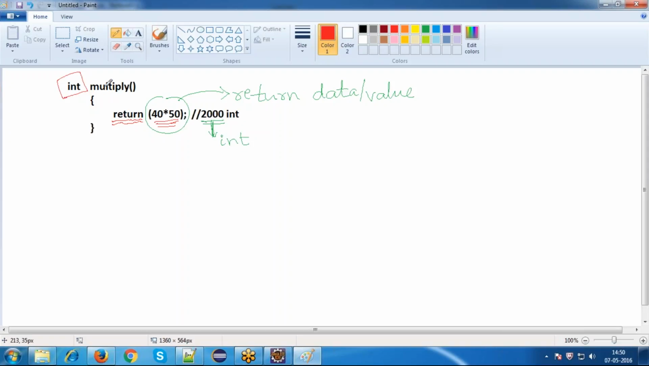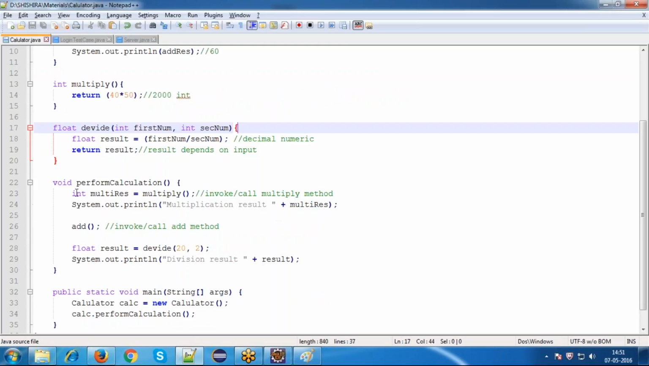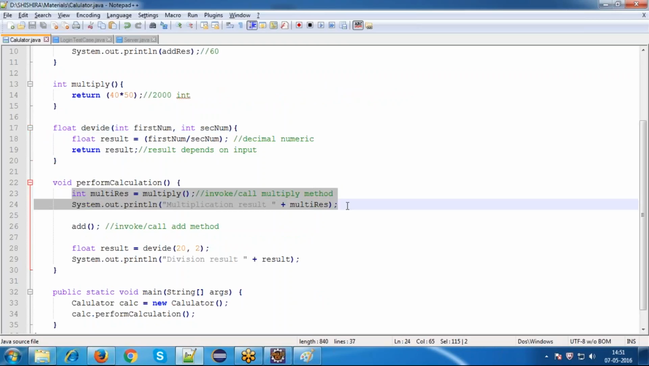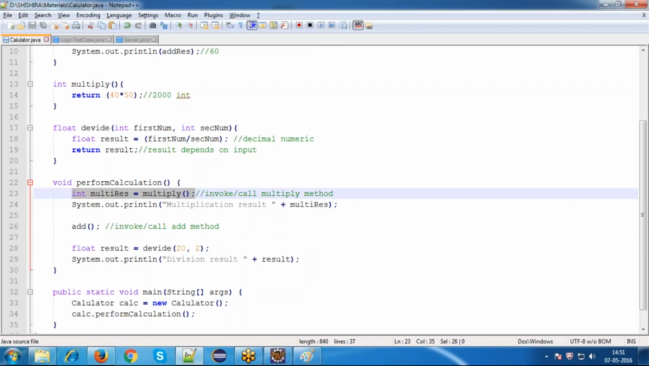What is the meaning? The method called multiply method is returning a value, and the data type of the value is an integer, and this we call as the return type. This we call as return type. Okay, now if I consider this, especially this one,